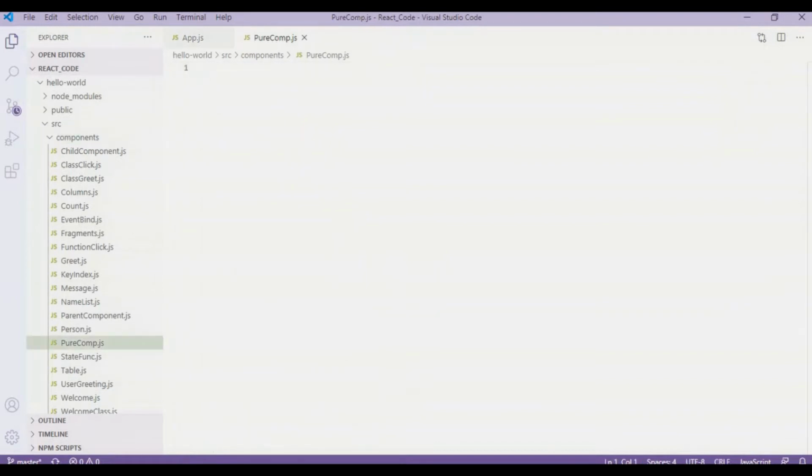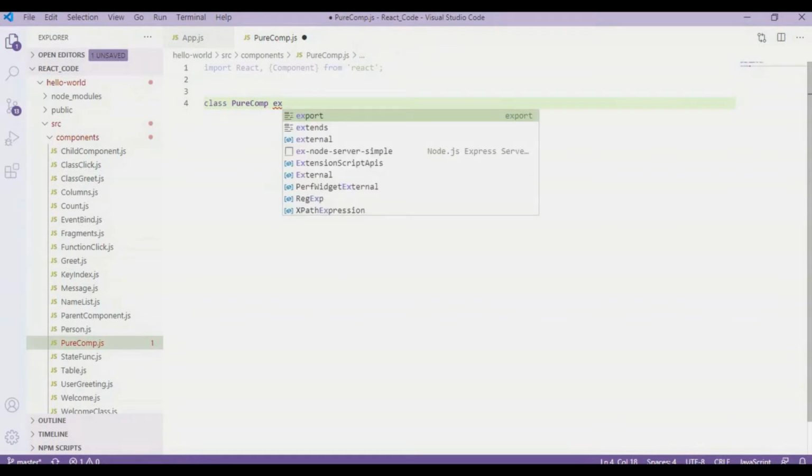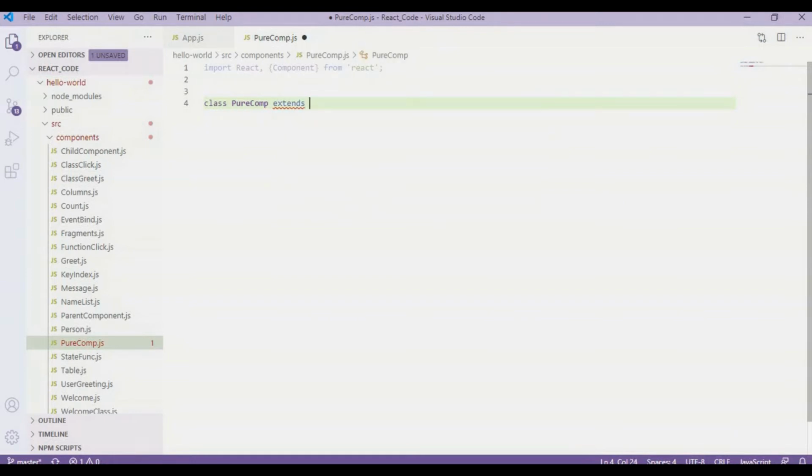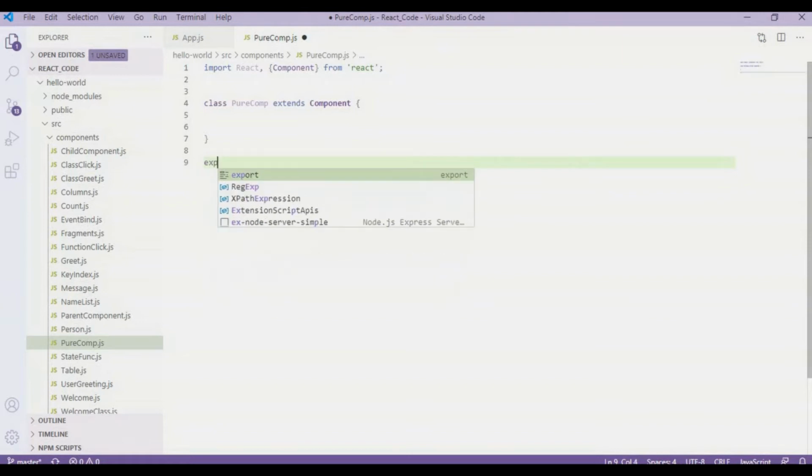As it is a class component, I'm going to import React and Component from React, and I'll define my class: class purecom extends Component, and then export this class by saying simply export default purecom.